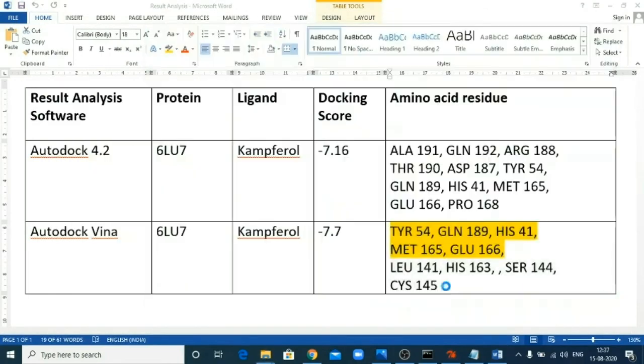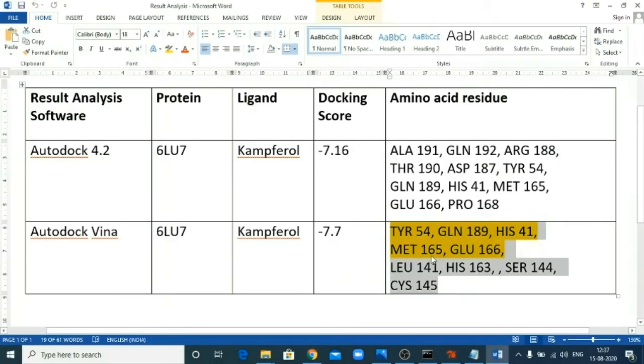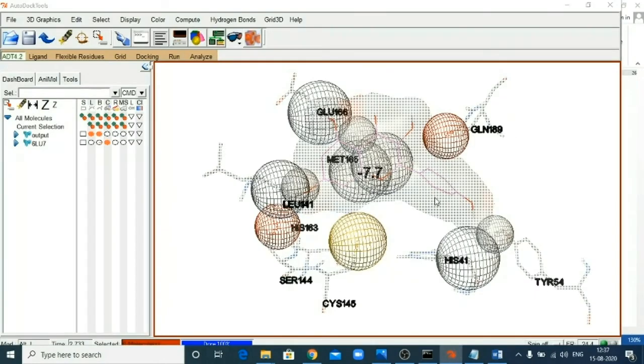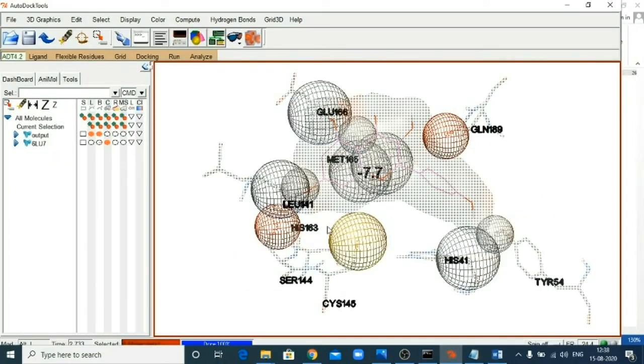Let us see, are they the same ones? You can see tyrosine 54, then GLN 189, then histidine 41, yes, then next methionine 165, then GLU 166, yes, it is here, leucine 141, then histidine 163, yes, serine 144 and cysteine 145.